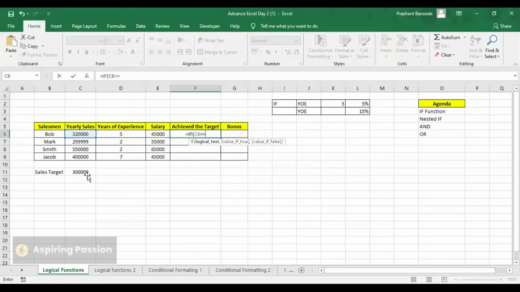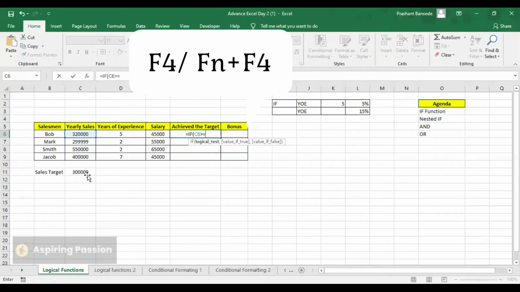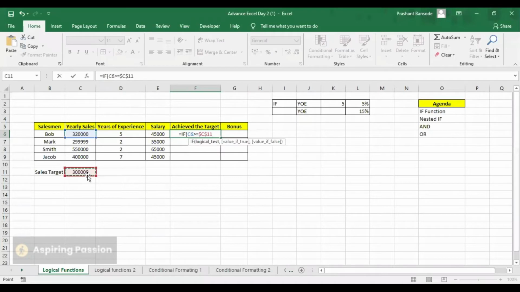So I'm going to lock this cell by pressing the F4 key, and close the bracket. Now for general understanding, we'll see what exactly the result is. We need to apply a logical test. Either it will be true or it will be false.